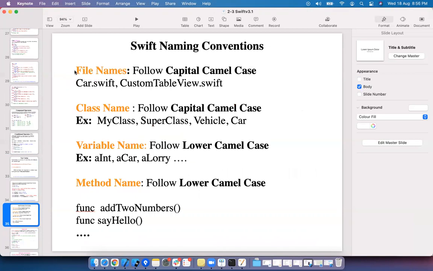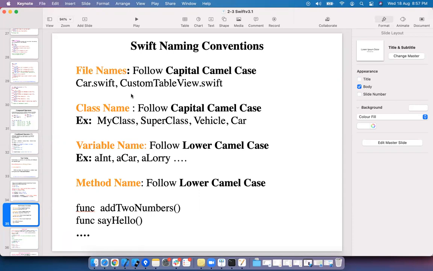Naming conventions. Naming conventions are very, very important. Whatever code you write should be readable and understandable. That is the reason we have to follow some kind of guidelines. One kind of guideline is following the naming convention. Generally, in Swift, we write classes, methods, data types, variables, etc.